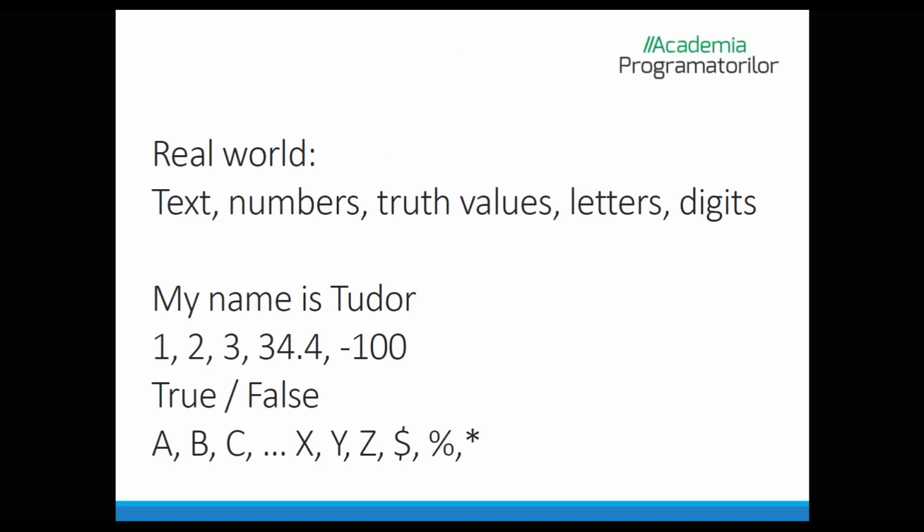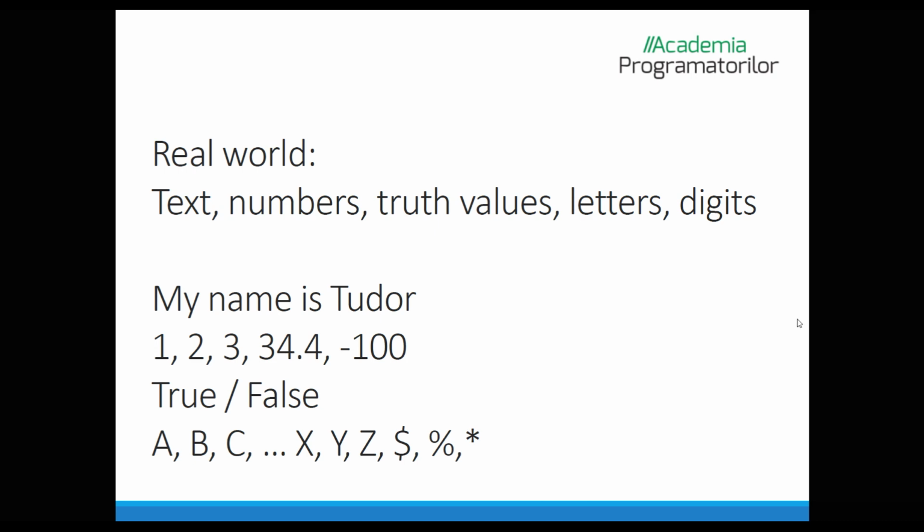In the real world, we use information. This information can be text, it can be numbers, it can be truth values or characters. When I say "my name is Tudor", I just said a text. When I say 1, 2, 3, 34.4, I'm saying some numbers. True or false may be the only possible values for truth, and A, B, C, X, Y, Z may be